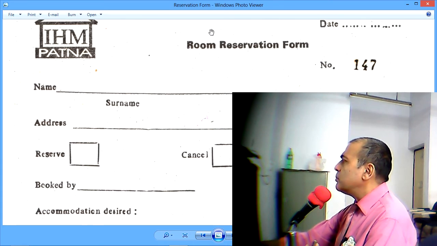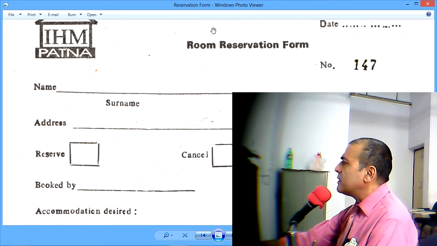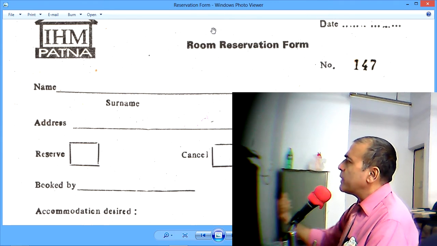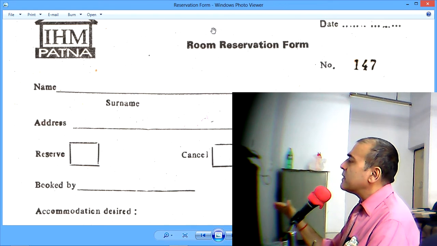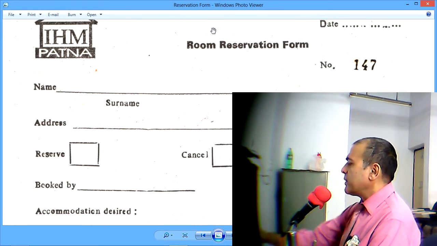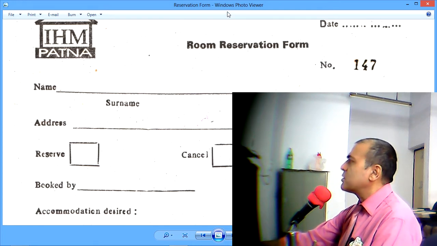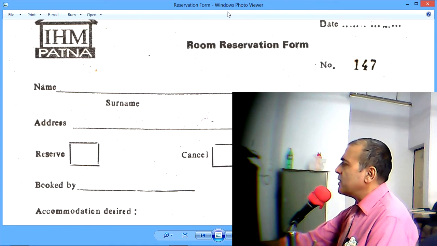So, we need to be aware of the international date line and how it works when somebody is flying across the world. Sometimes the date is reduced by one day if you travel in one direction, and sometimes the date is advanced by one day if you are traveling in the opposite direction. So I encourage all of you to go back to geography books and read about the international date line.